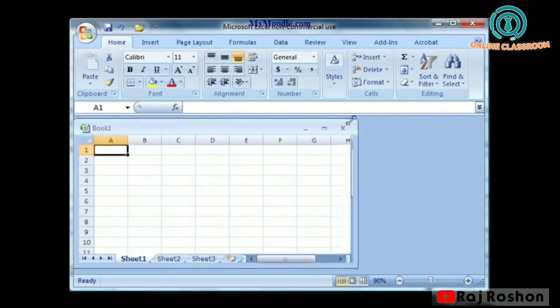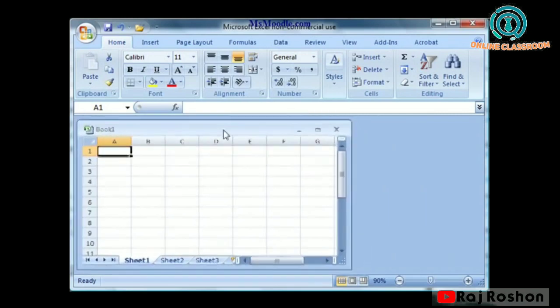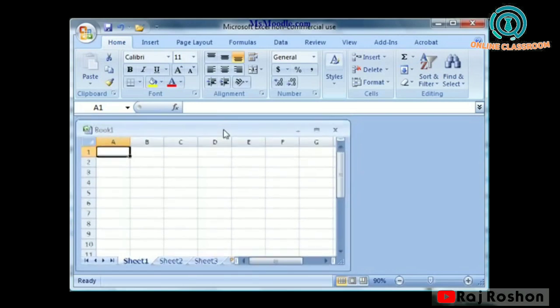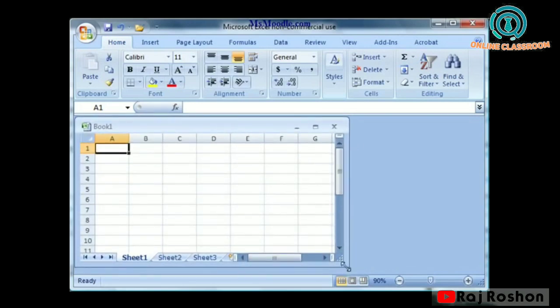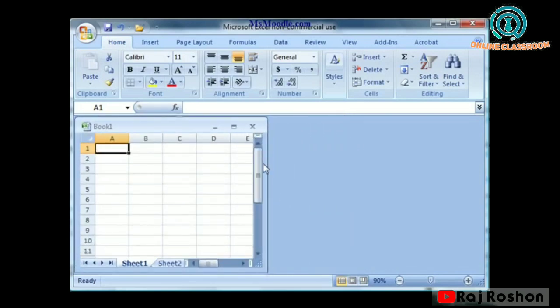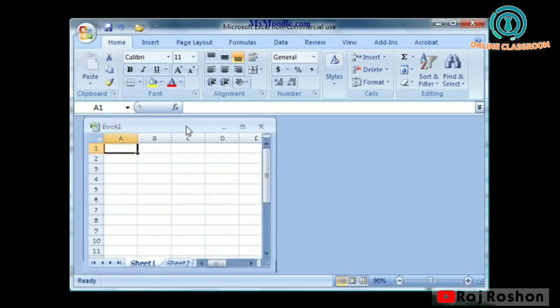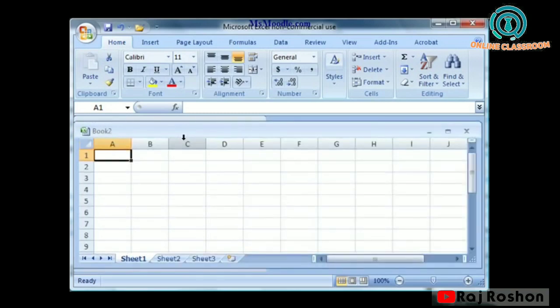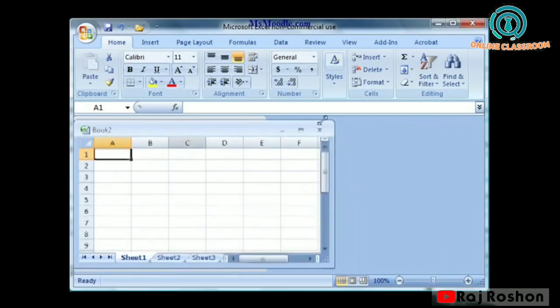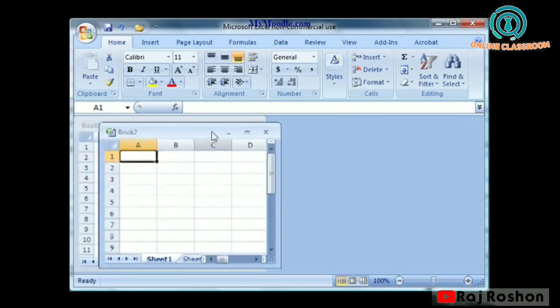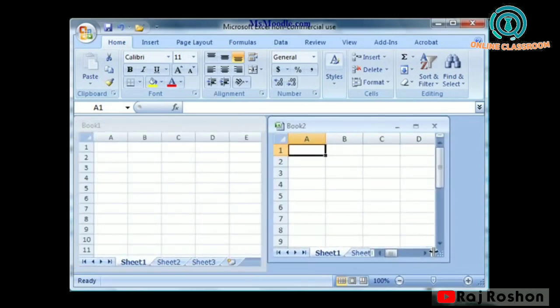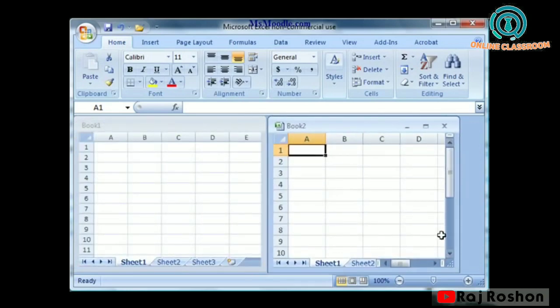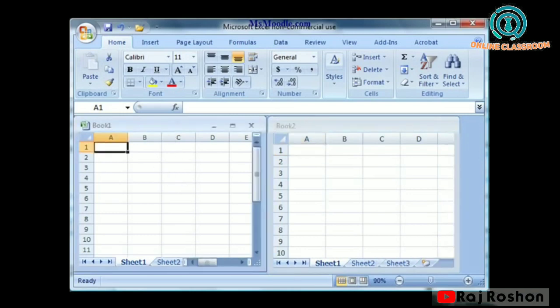When you click on this minimize button, you can see the workbook is moving. If you want one more workbook, you can insert it in this same document. For this you can go in the file menu and insert, or you can press Ctrl N. When you press Ctrl plus N, you get two workbooks.